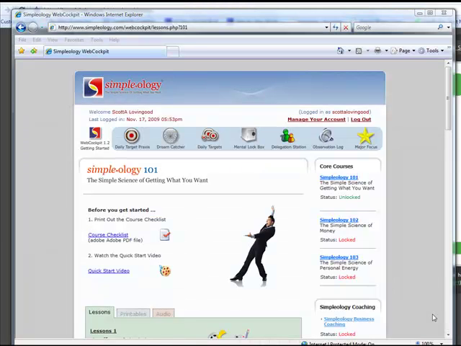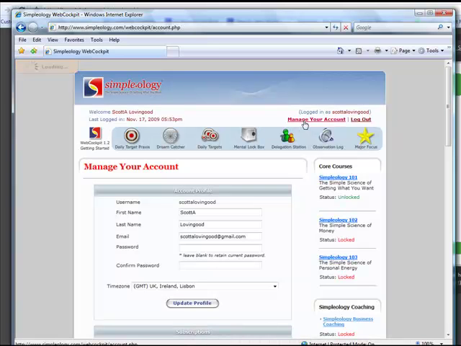Alright, once you get into your Simpleology account, you've gone through either the basic setup wizard or you've bypassed it and gone straight to it. This is the screen that you will see. The first thing we're going to do is change our password, because while we've gotten a default password, we want it to be something that we can remember, something that's easy to use. So we're going to go up here to manage our account. It'll pull it open and it says, what do you want as your password? And guess what? You type it in, you type in the confirmation, and you set the